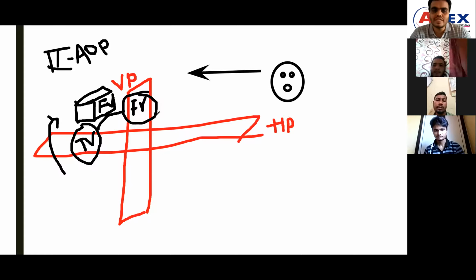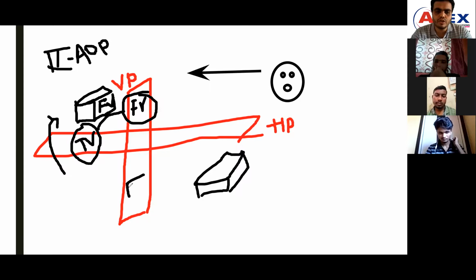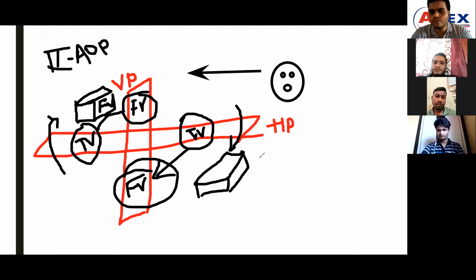In the same way, in the fourth angle of projection, the object is placed in the fourth quadrant. The front view is projected on a vertical plane and the top view on a horizontal plane. Once we rotate it in a clockwise direction, the views will overlap. So if an interviewer asks why we are not using the second and fourth angles, you have to say that when we try to project, the views will overlap. That's it.